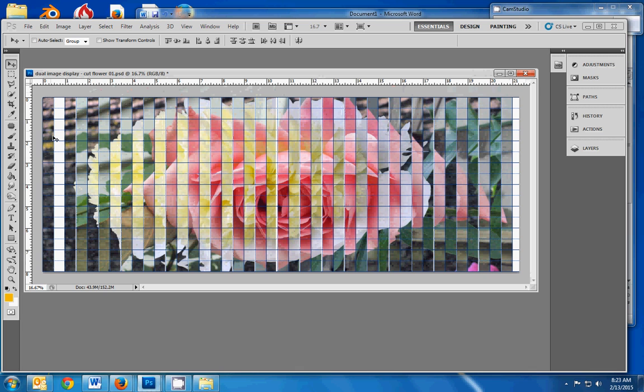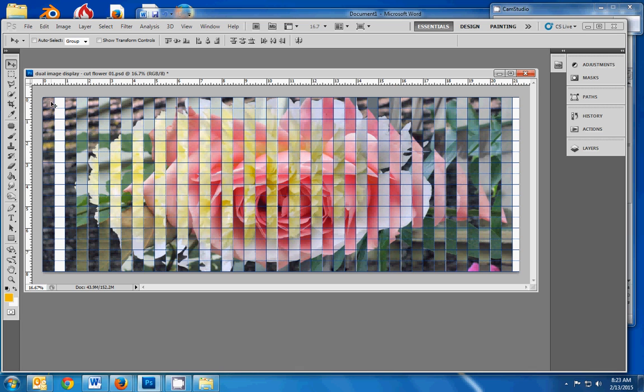Alright, this column over here, if you notice, is identical to this column. That's because this was the one that I pasted in to show you the other method, the one that I don't usually use. So I don't need this, I only need the ones that I just pasted in. So I'm going to take my marquee tool and select the area that I want to keep. From here to here, I'm going to say Image, Crop,